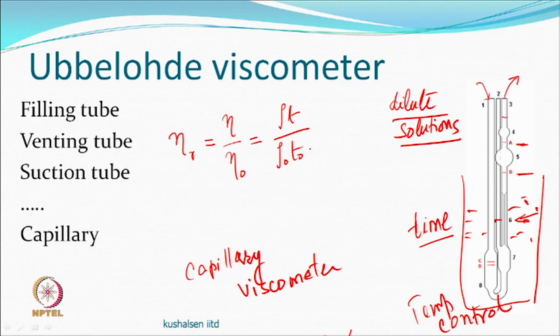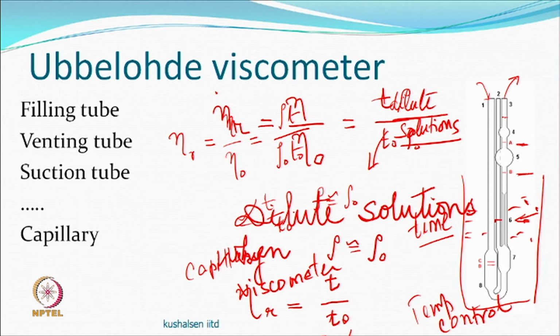If it becomes more and more dilute, then the density of the solution and the solvent may become the same. What it means is that this particular thing can be almost equivalent to the ratio of the time taken. So, you can use this method, it is simple, nothing to be done, just keep sucking it and keep putting it back, and the dimensions do not change. The only thing you have to make sure is that